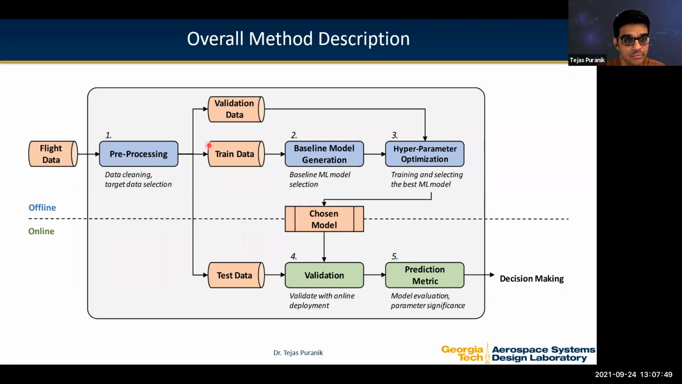Pre-process, clean that flight data, divide it up into training, validation, and test sets, as is typical of any machine learning model application. We identified certain baseline models that are suitable for this kind of spatio-temporal problem in the literature, and implemented some of those in this work. Then we go into the hyperparameter optimization to really nail down the best possible architectures given those baseline models. And then the chosen model gets deployed on the test data, which has not seen any of those model training